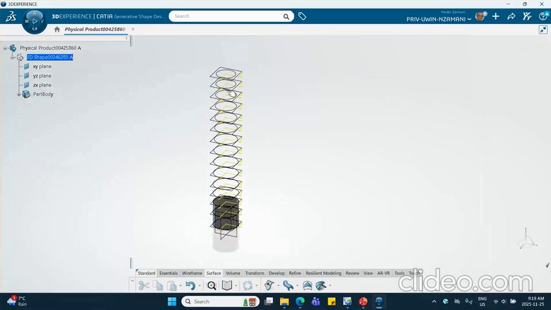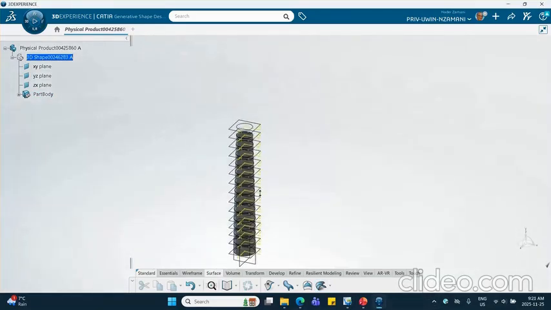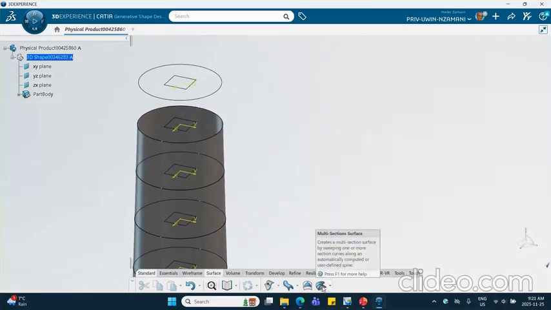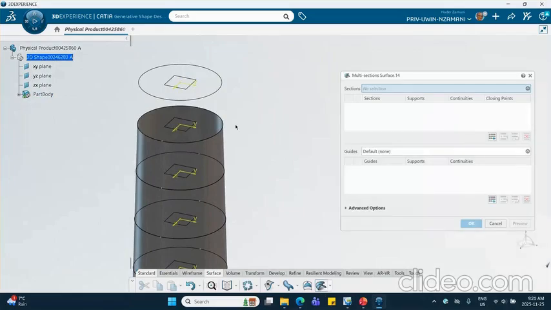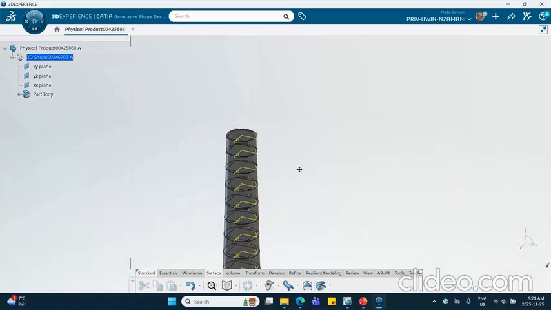I'm going to stop this and do all of these, and maybe come back and do the last one for you again together. Okay, I did all of these except for this last one that we're going to do together. So click on multi-section surface, select this and select that, and then we say okay. Now that top flange